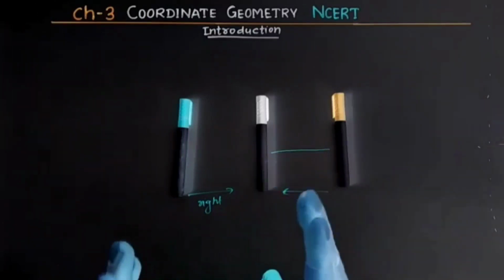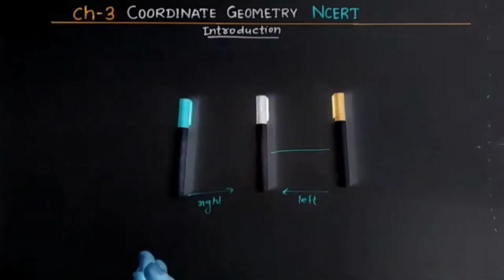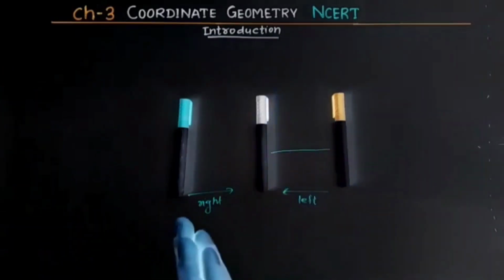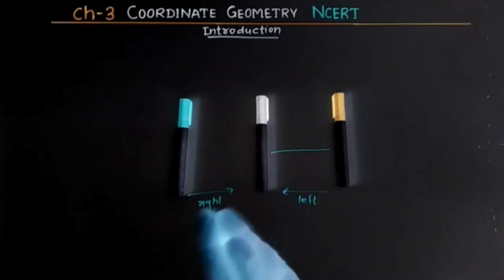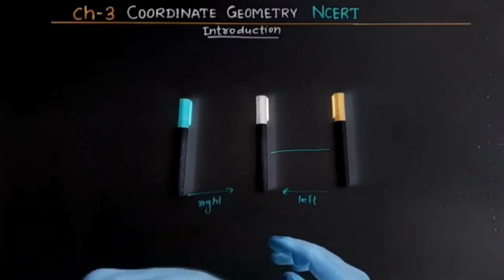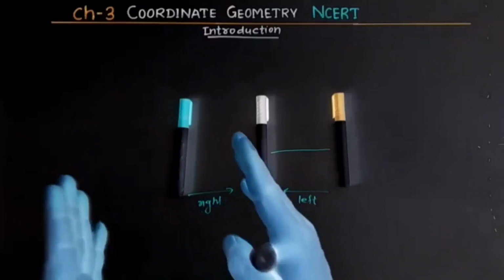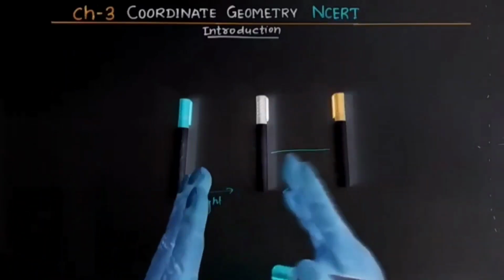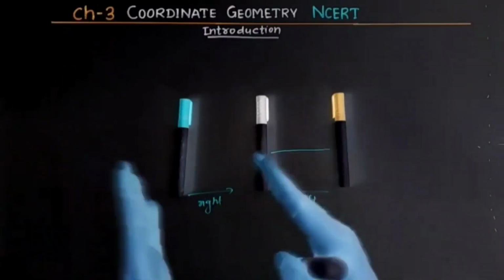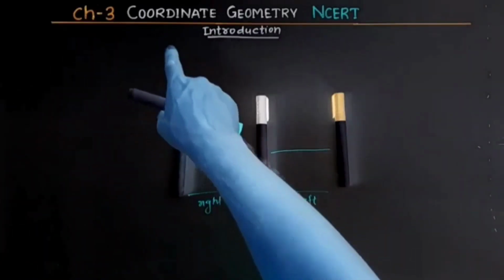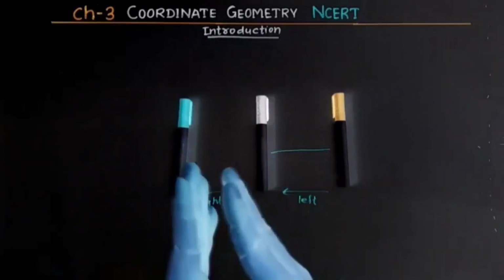So coordinate geometry is very useful to find out the position of an object or the location of any place. In the GPS system and in Google Map, they use coordinate geometry and prepare a Google Map.